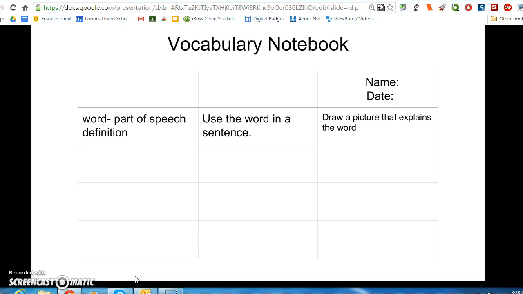So again, if this was your vocabulary notebook, you have your date of entry, the word you're looking up, the part of speech, you're defining it, using it in a sentence, and then drawing a picture. Again, second word, part of speech, define it, use it in a sentence, and then draw a picture to help you remember the meaning of that word. If you're finding words in your own book, you're writing down stickies or highlighting directly in your book, you should be, again, using a dictionary, going online to find the meaning of those words, or even just using inferencing skills and context clues to help you figure out what those words mean.